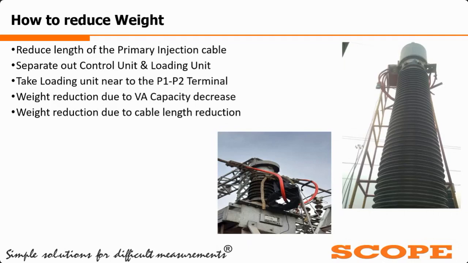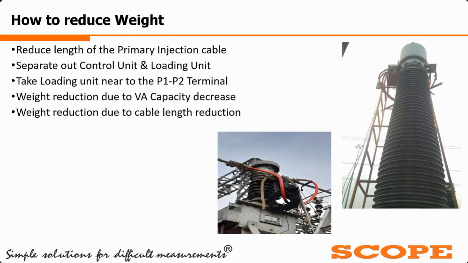Whatever primary current we are injecting from the loading unit, we require only 2 meter or 1 meter cable, which is more than sufficient. However, the other manufacturers are providing copper cable of length 10 meter for a single run, total 20 meter for 500 ampere. Similarly, if we increase the current, we require multiplications of 2, that is 1000 ampere. We require a total of 4 cables in 2 runs, and each cable has a length around 10 meter to 12 meter. So automatically the weight will increase.